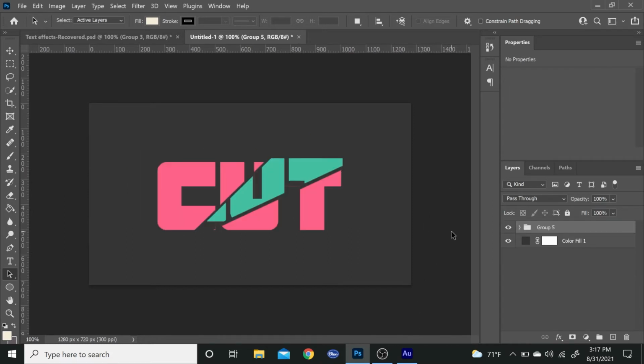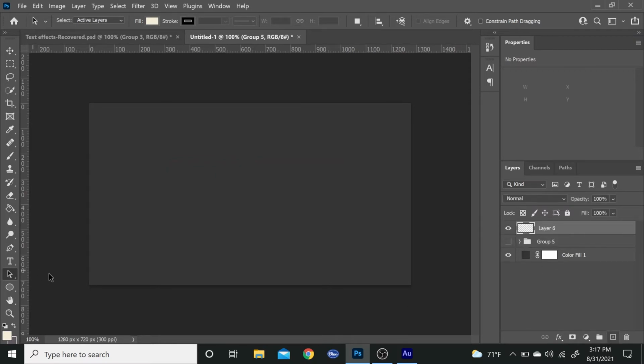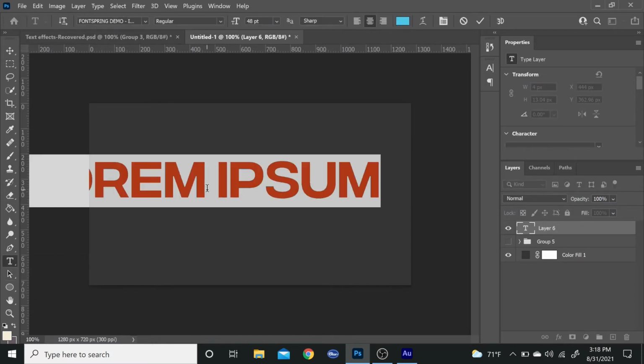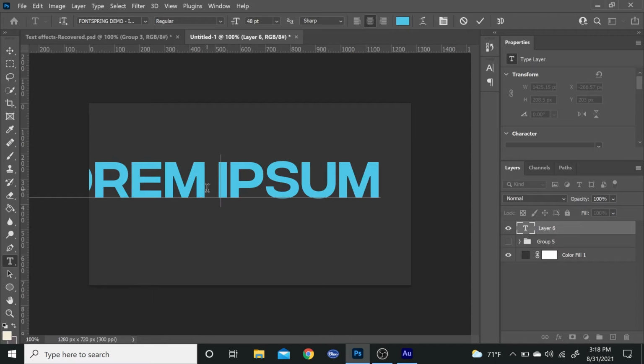For the next text effect, we're gonna be creating kind of this slash cut text effect to make it look like it's been sliced through. So let's begin. First, what I'm gonna do is create a new layer. I'm gonna start with my font, and I'm gonna be using again Chunky Fonts. So just gonna write the word cut,